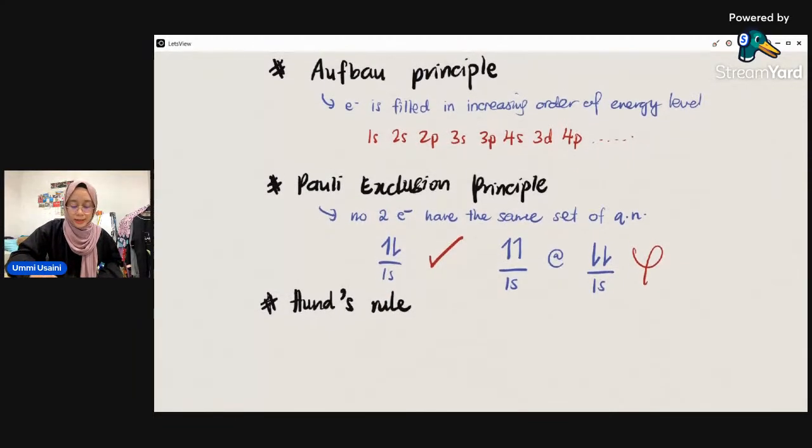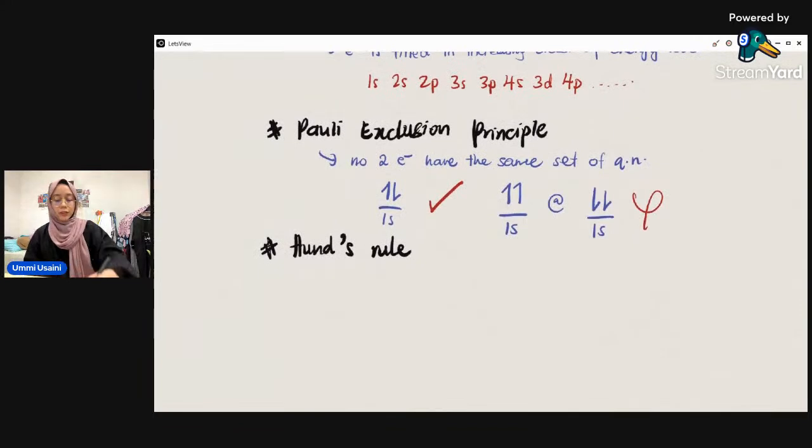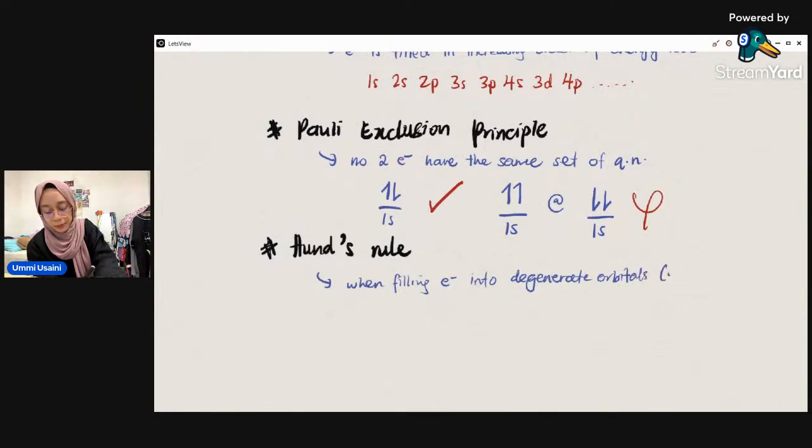Okay, Hund's rule ni panjang definition dia. Mari kita tulis sama-sama. Sampai tu kamu try tengok ayat kamu tu kenal ke tidak. Lain orang, lain sikit ayat dia. Okay, so when filling electrons into degenerate orbital. So apa degenerate orbitals ni? Okay, Miss bagi example, for example macam